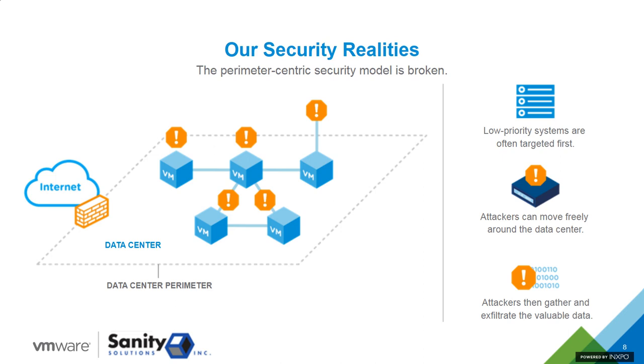And the reality that we face is that the perimeter-centric network security model of the past is no longer good enough, and it's broken in the new security environment that we're seeing, where all of the breaches over the past few years have shown time and time again that attackers are going to figure out how to get through or around our perimeter defenses. They'll usually target weak, low-priority systems first, and once they're in, they're able to move laterally throughout the data center until they find what they're looking for. So it's simply a matter of then exfiltrating the data out of the organization, at which point it's too late,